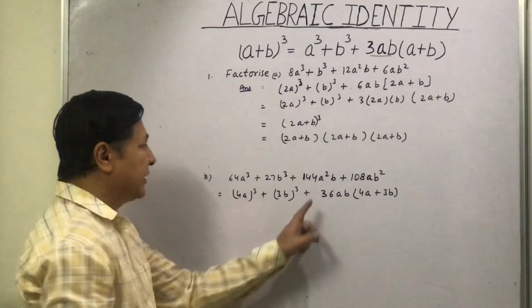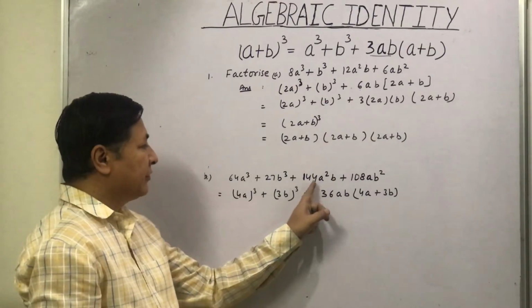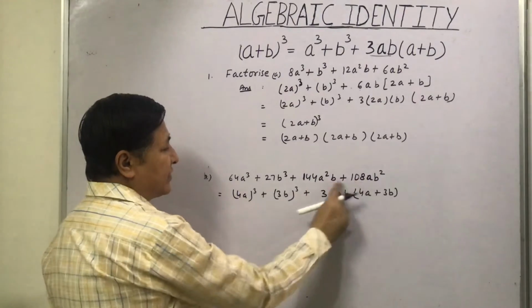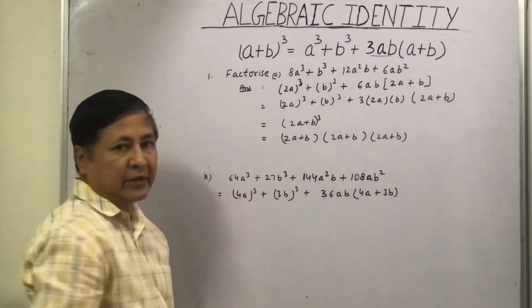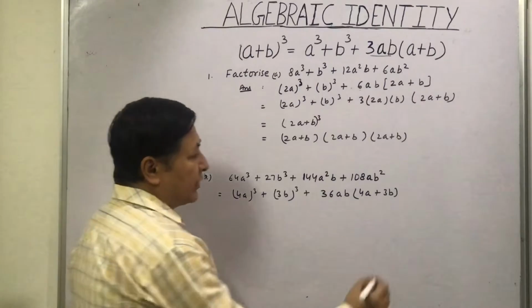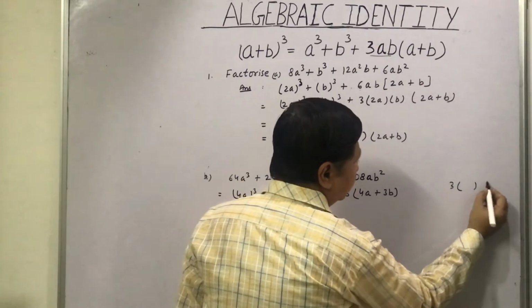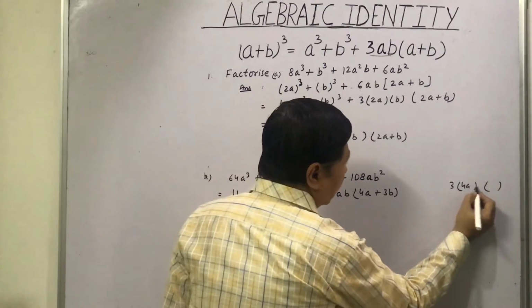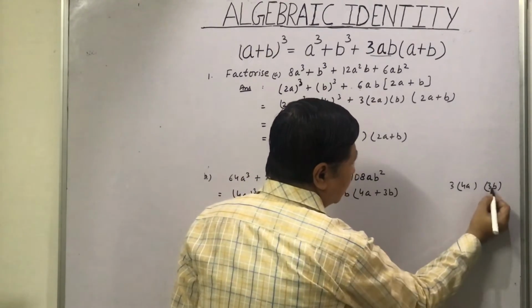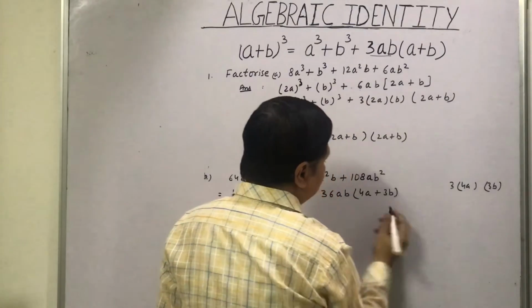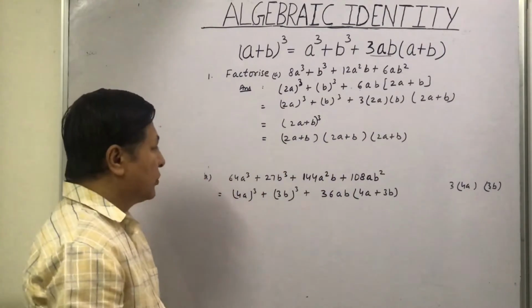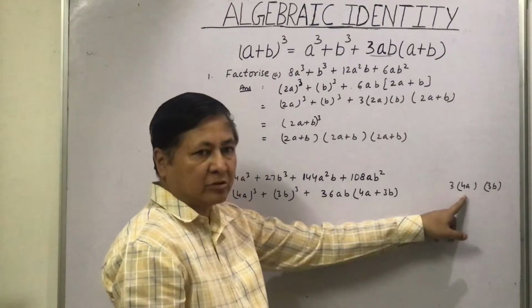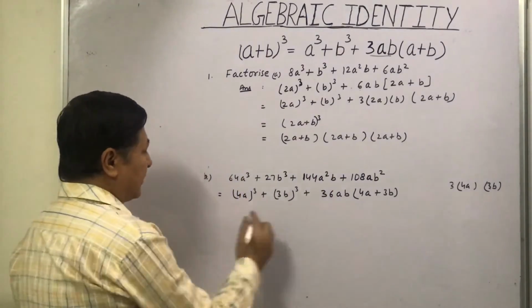Now some of you might have difficulty in finding the common factor between these two. So what we can do is take the HCF of 144 and 108. Or what we can do is take 3ab. Now what is a in this case? 4a and 3b. So 3 fours are 12, 12 threes are 36, and a into b is ab. So 36ab. So you can take the HCF between these two, or you can use this method also to get the common factor here.